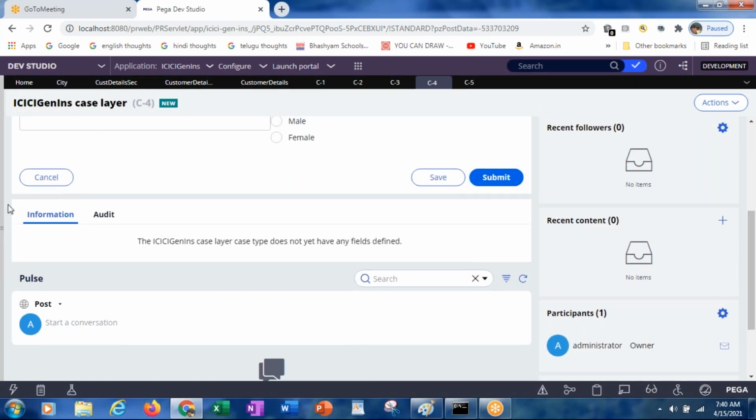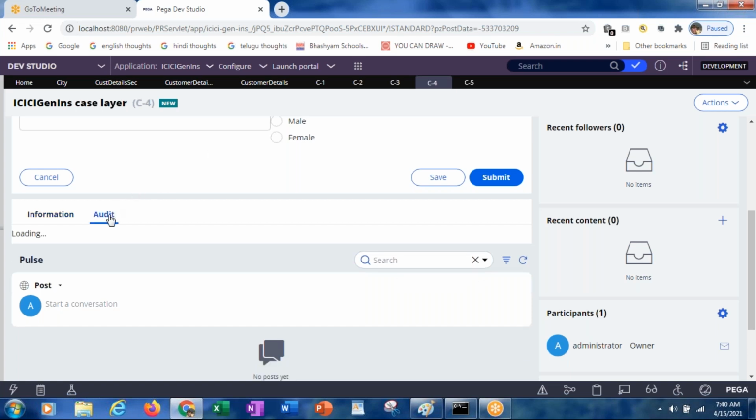Even in the information here, the ICICI General Insurance case type does not yet have any fields defined. We did not enter any values over there. And the audit will just display high-level information, like you moved, you completed assignment one.